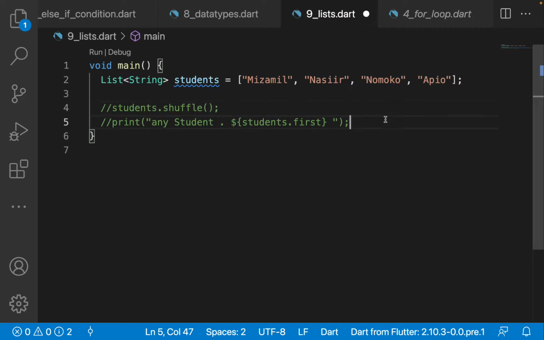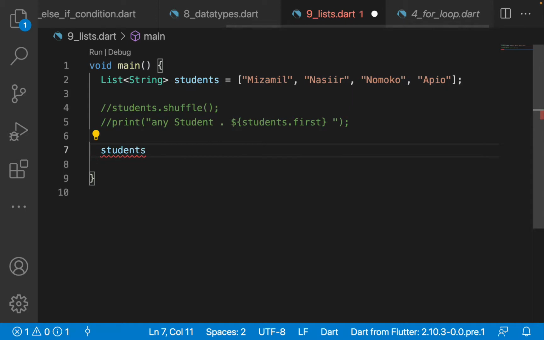The for method on list will help us loop through lists even without writing the logic of a loop. To do that, we just simply say students dot for, like this. This one will help you to complete the function. The extension will help you to complete the function. But in simple terms, you just simply write dot forEach, and then you open the brackets like this, and